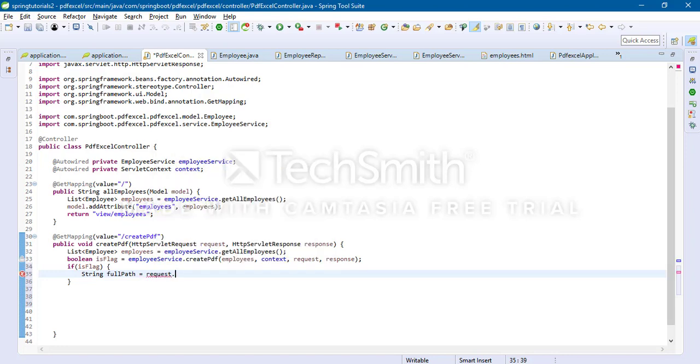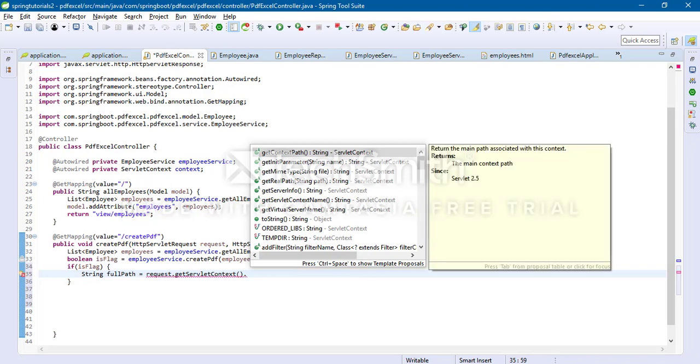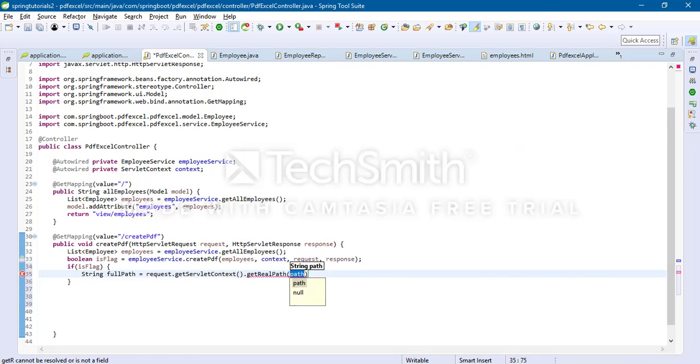Request dot get servlet context dot get real path, get real path, slash resources slash report slash